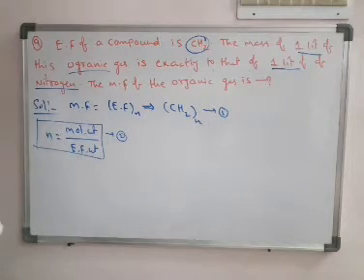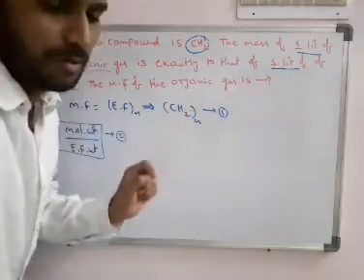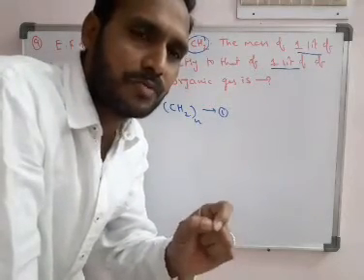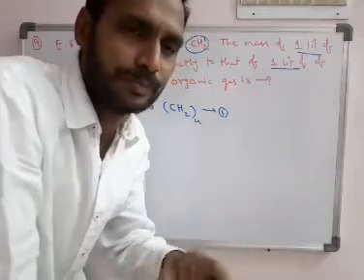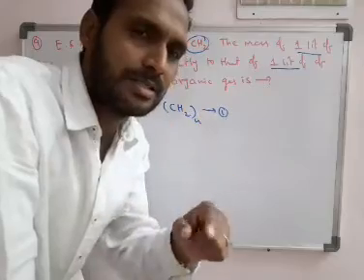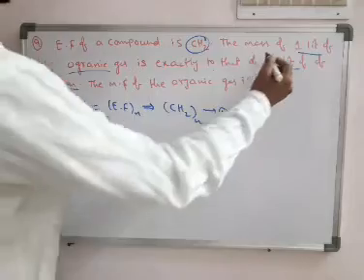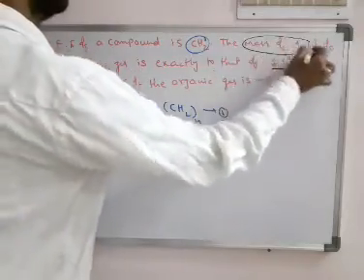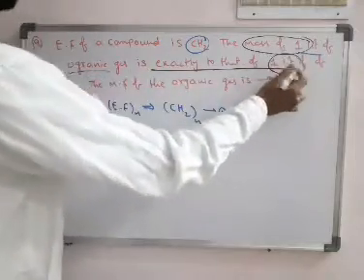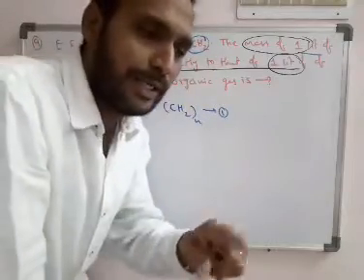So I have to find the molecular weight. For molecular weight, the clue given is the mass of 1 liter of the compound. In the last problem, the clue was the mass of 22.4 milliliter of the compound. Same here, the calculation of molecular weight is taken by getting the information from the mass of 1 liter of that compound being exactly equal to that of 1 liter of nitrogen. So 1 liter of nitrogen volume equals 1 liter of that compound.